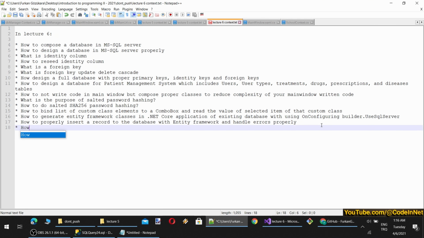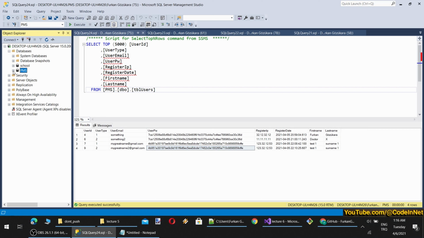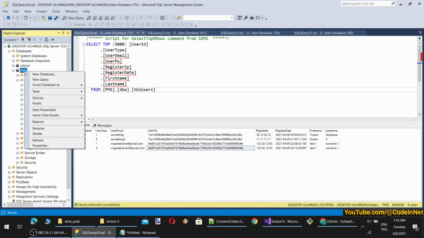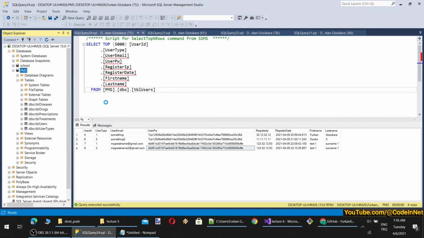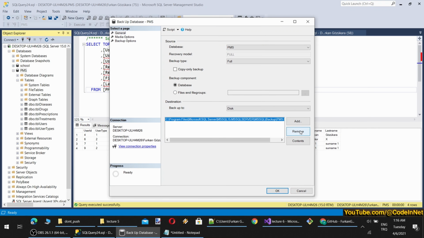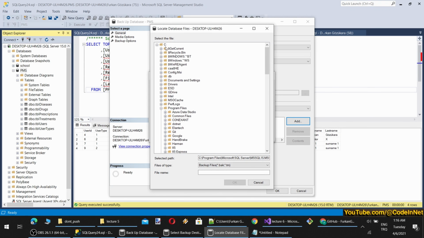Okay, how to program a register screen for patient measurements. This was a great lecture. I will also put this database backup into our folder. However, I suggest you compose the database yourself from scratch, to learn it better, to learn how we do it. Otherwise, you probably would have a lot of problems.